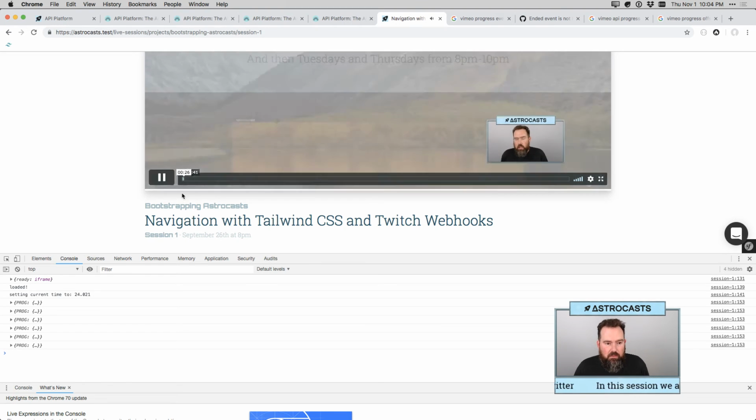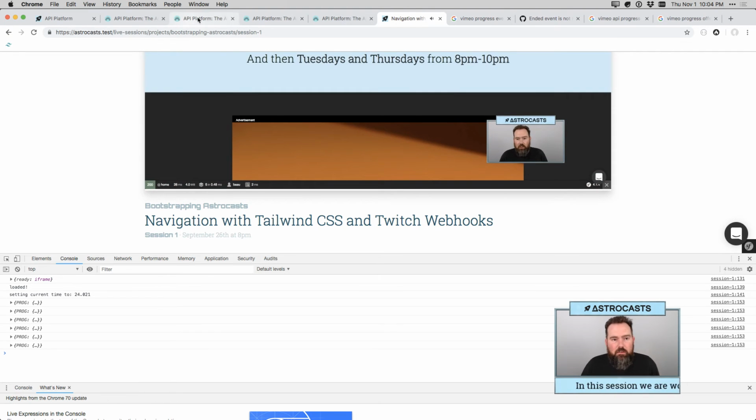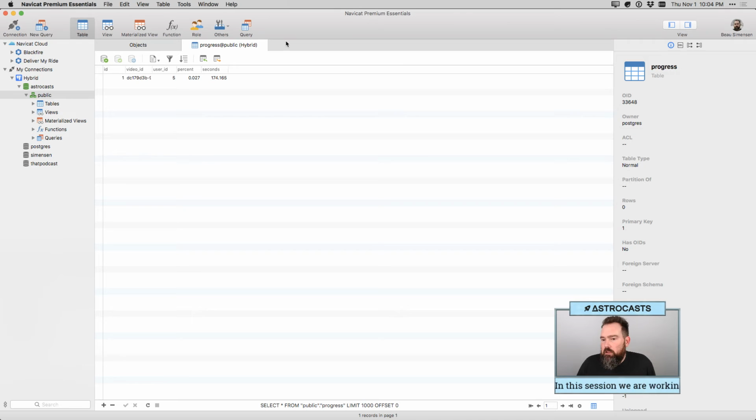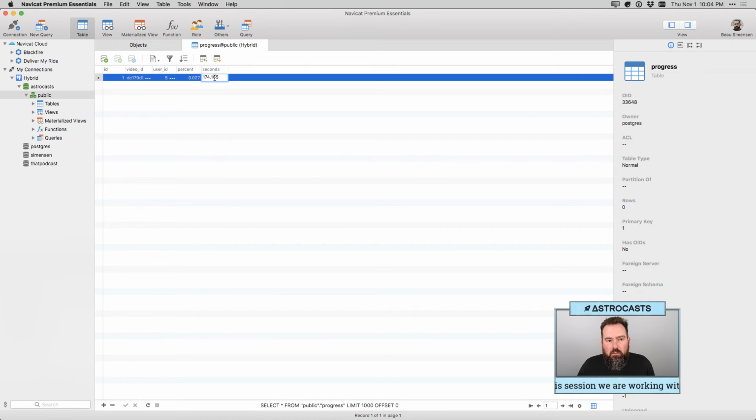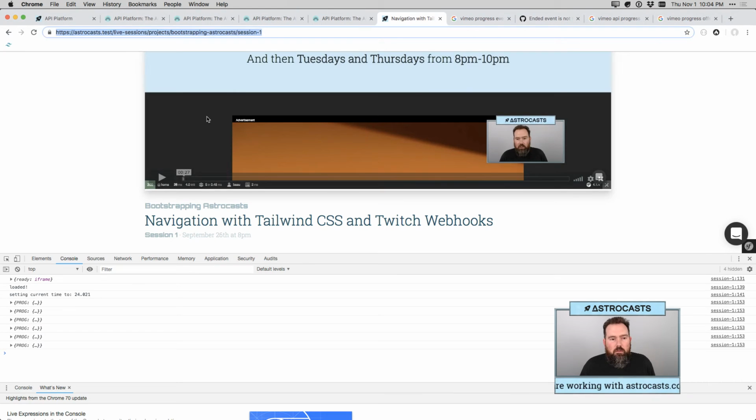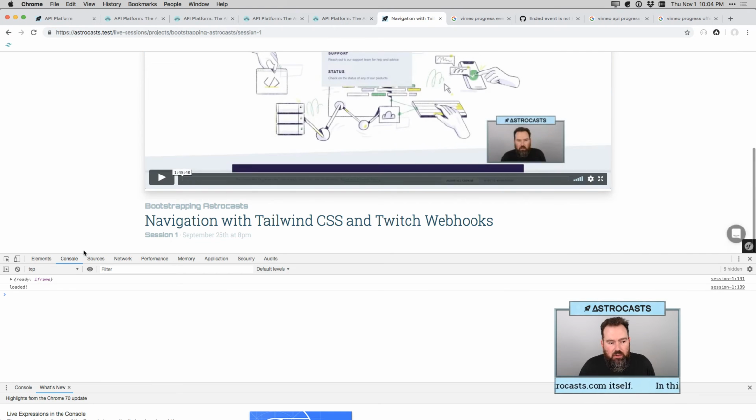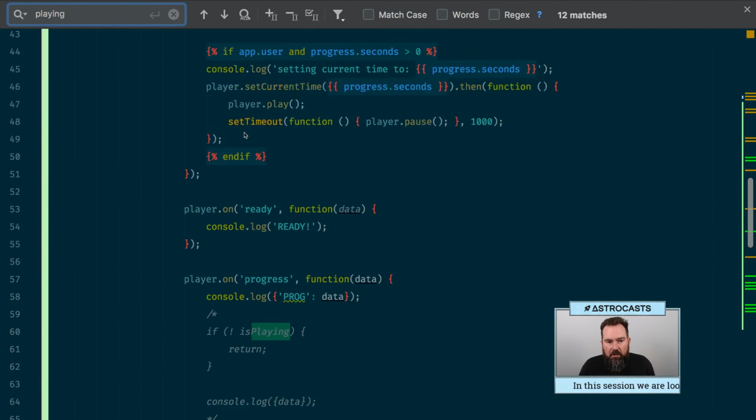So, because of all of this, I don't even have a good way to do this right. So let's do seconds 0, percent 0. This should start me at 0, and we can see what the first progress comes in as. All right, so since I didn't have any time, since they were 0, this other logic kicked in